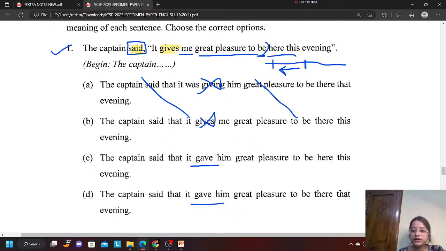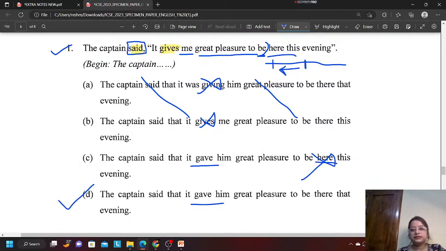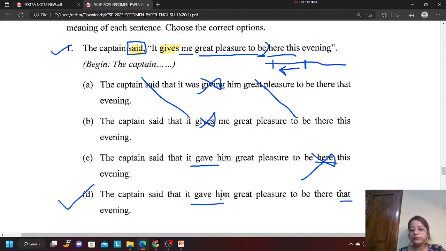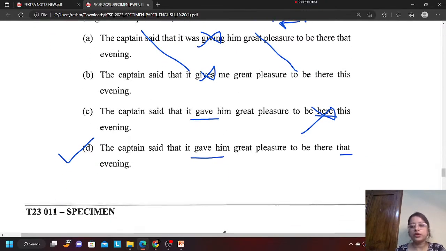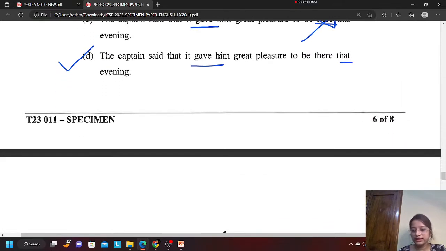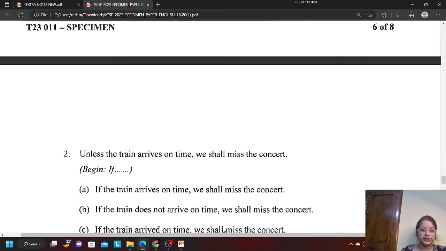Okay, so here when I am saying I am teaching here, later on when you tell this to your mother, you will say she was teaching there, because I was at school, not at home. So here changes to there. So this is also incorrect. So here we will say and this evening will change to that evening. Everything is correct for option number D. Okay. The explanation may feel boring for those who know it, but wait, for those who have doubts it will become clear.